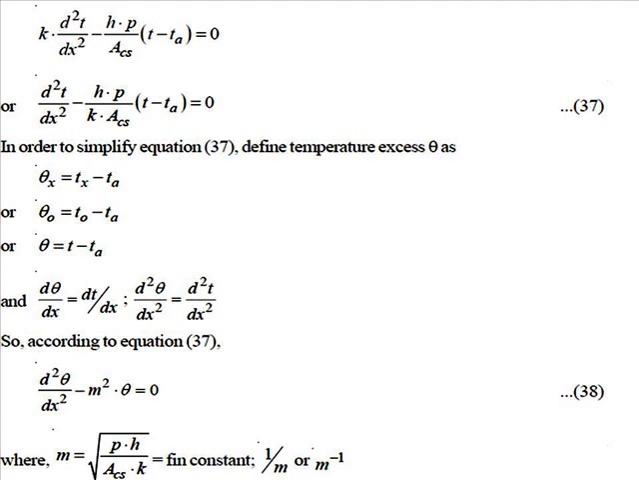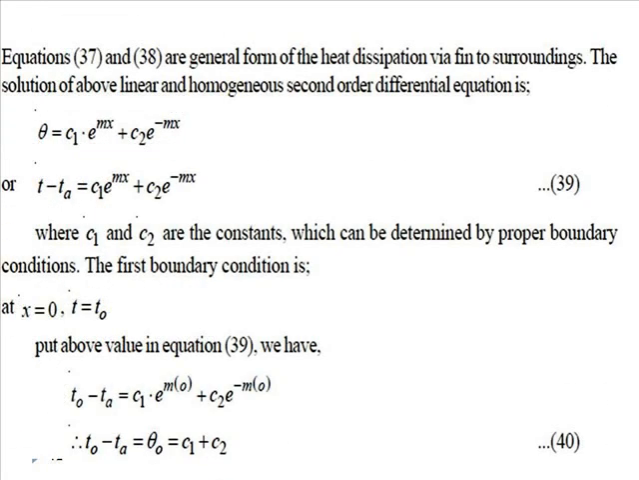So now equation number 38, which is available with us, is d square theta by dx square minus m square theta equals 0, where m is the fin constant and its value is under root of hP divided by Ak. Now equations number 37 and 38 are the general form of heat dissipation via extended surfaces to the surroundings, and the